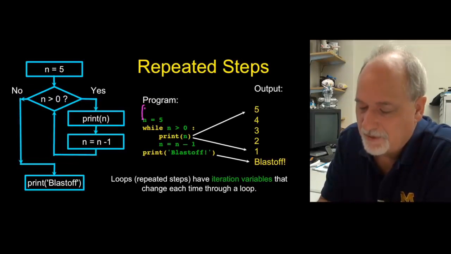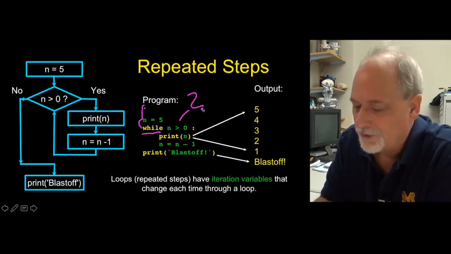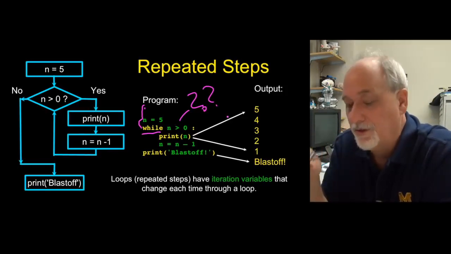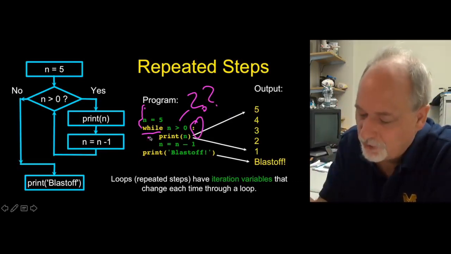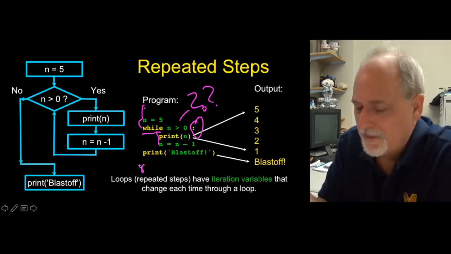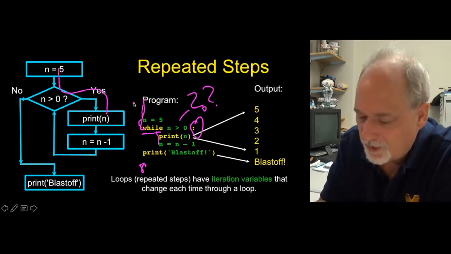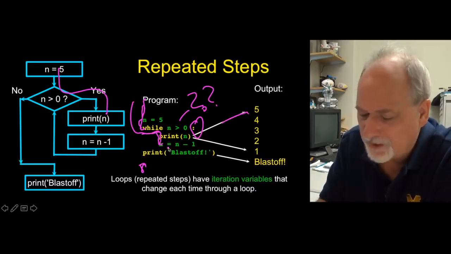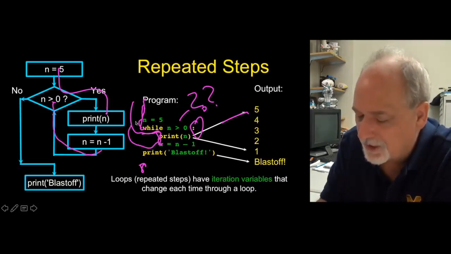So we have our statement, sequentially go to this while. While is a keyword, and it's asking another true-false question: is n greater than 0? I read this as, as long as n remains greater than 0, keep doing this indented block. You have a colon at the end, and then two lines of indented code. That tells us what the loop is, and then this is de-indented. So it comes in, and if this is true, it runs these two lines, prints out n is 5, and then says n equals n minus 1, which makes n be 4, and it goes back up and asks this question again: is n greater